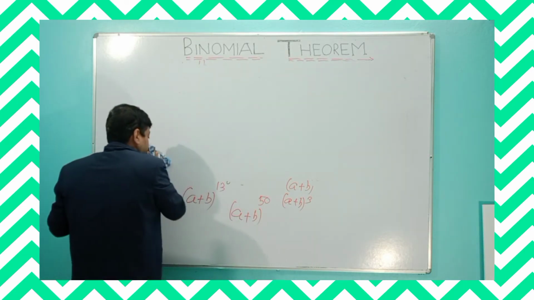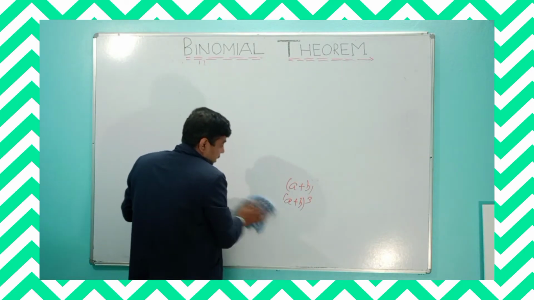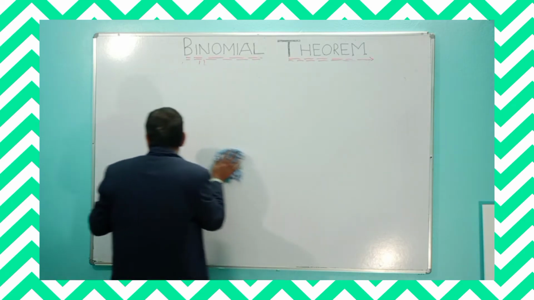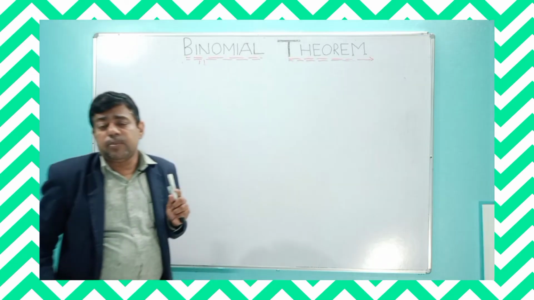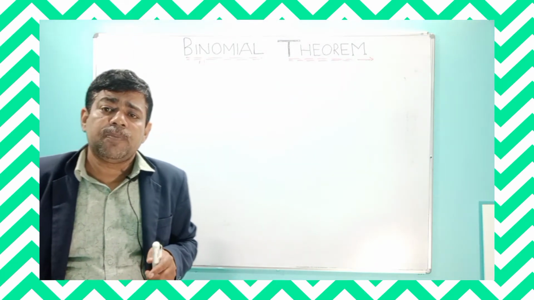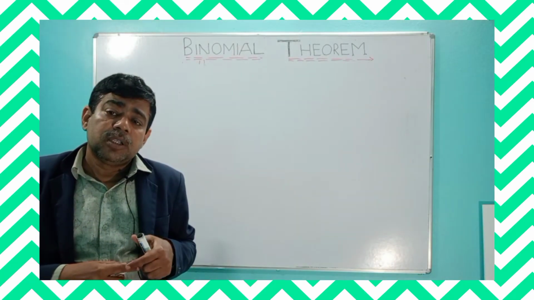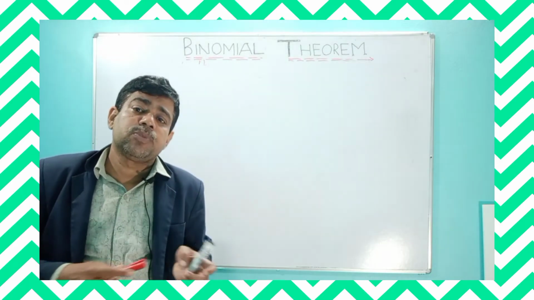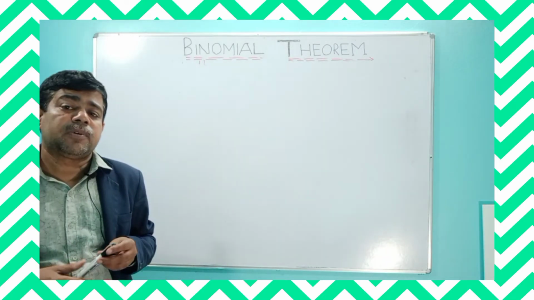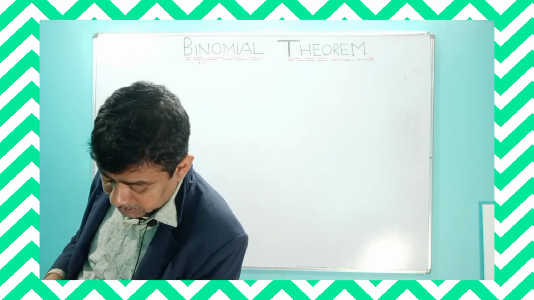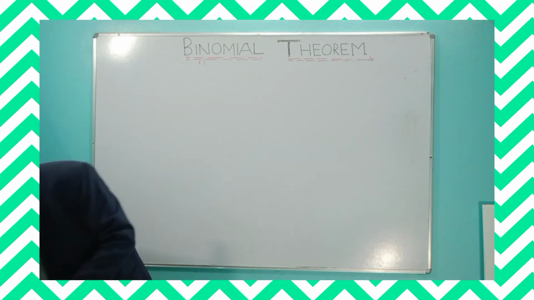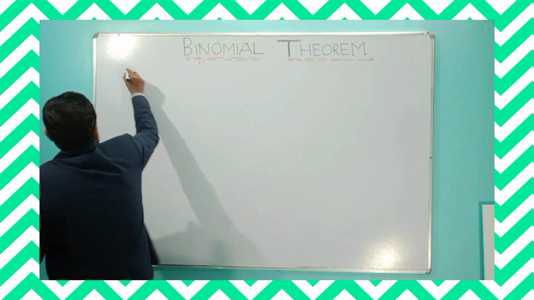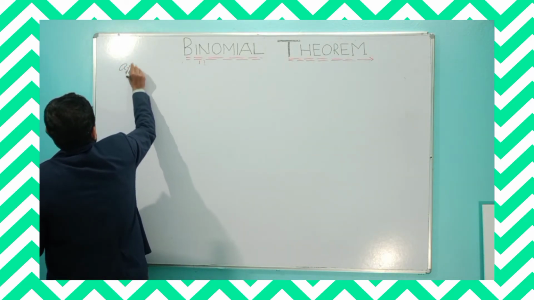Students, look carefully, because this is one of the important derivations where we are going to prove the binomial theorem using the principle of mathematical induction. All of you know how to prove a statement using the principle of mathematical induction. Is it clear? Let us write once again: (a + b)^n